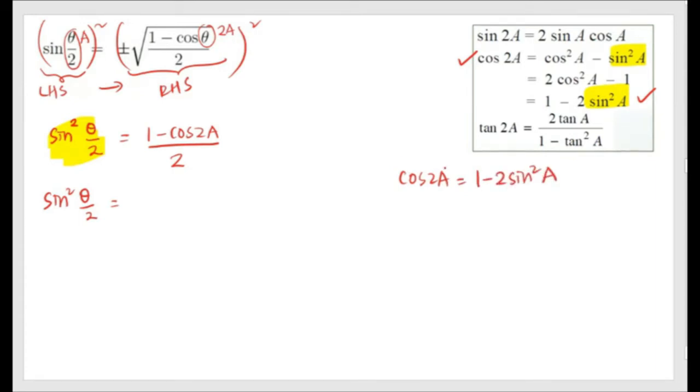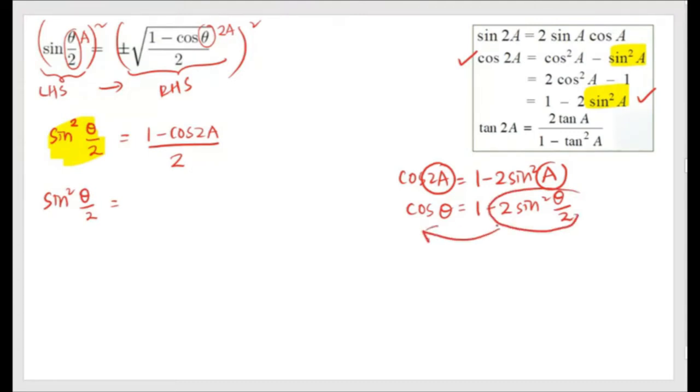So after this, we have to change it into the half angle form. What is the half angle form? Just now we wanted to change this a into theta, right? So change it: cos theta equal to 1 minus 2 sine square theta over 2. Okay, half becomes theta over 2. So sine square is at the front, right? This negative, we move to the other side. So we get 2 sine square theta over 2 equal to 1